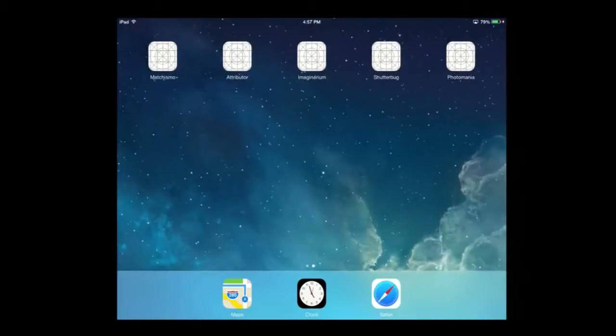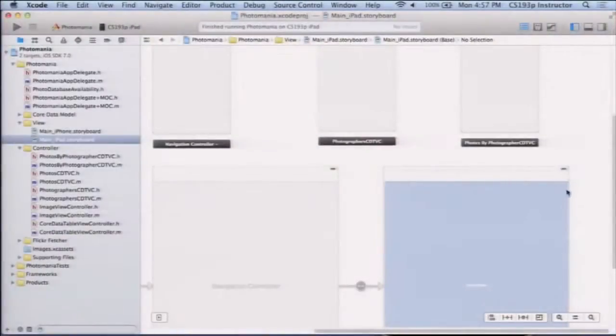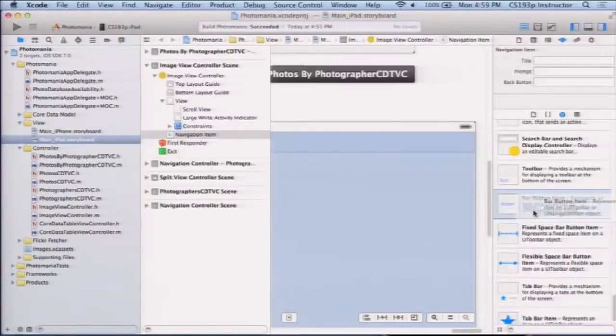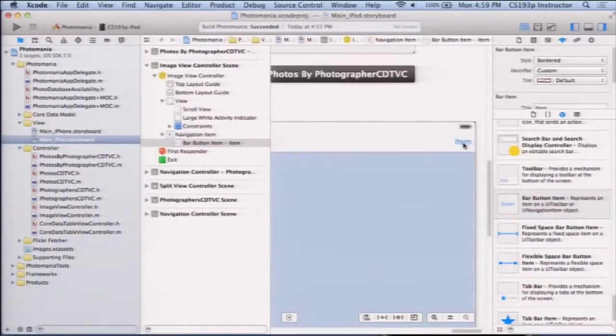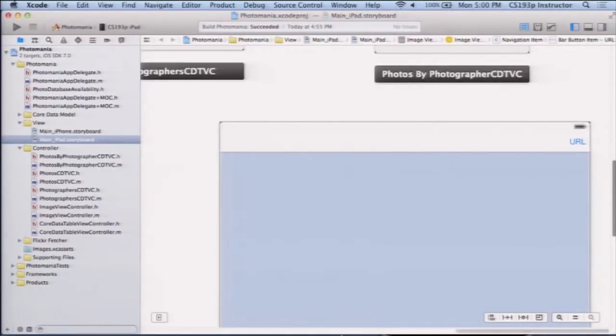This turns out to be quite straightforward. So here we are. Here's our UI. And what we want to do is add a little button here that does URL. So we're going to drag this bar button item into the bar here, and we're going to call it URL. This is going to be a bar button item that when we click on it, is going to bring up a popover here, a little view or view controller that's going to appear, overlapping everything else. So how do we do that? And the answer for that is